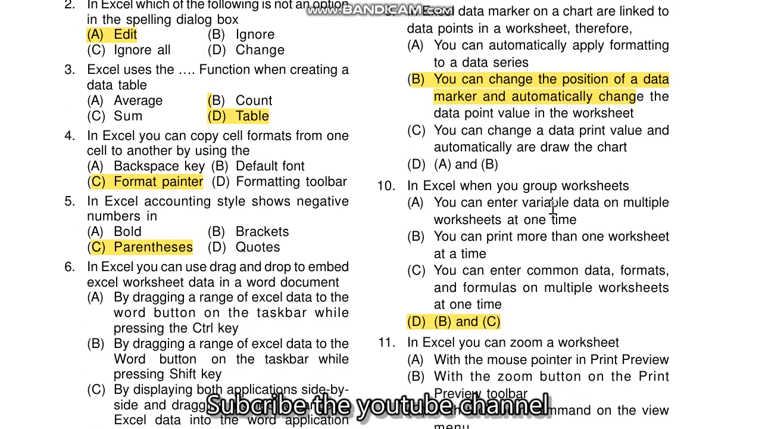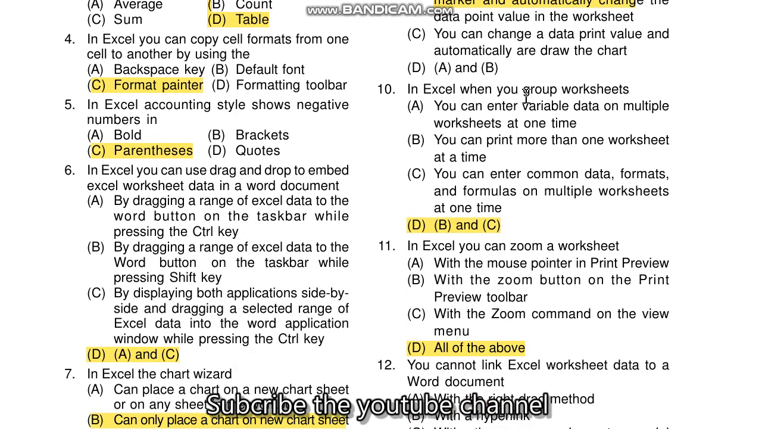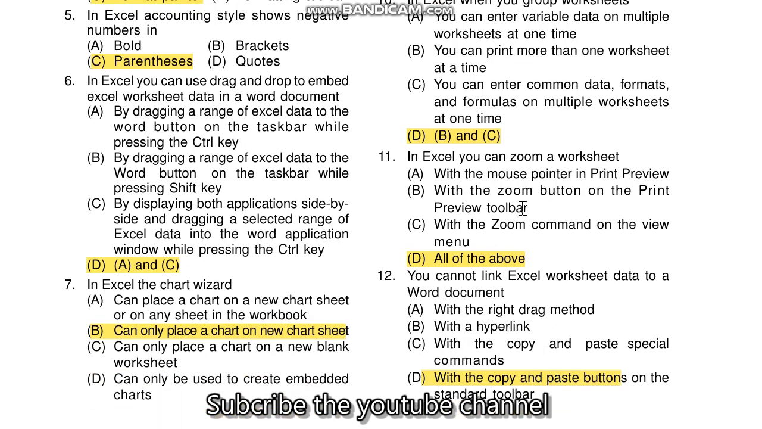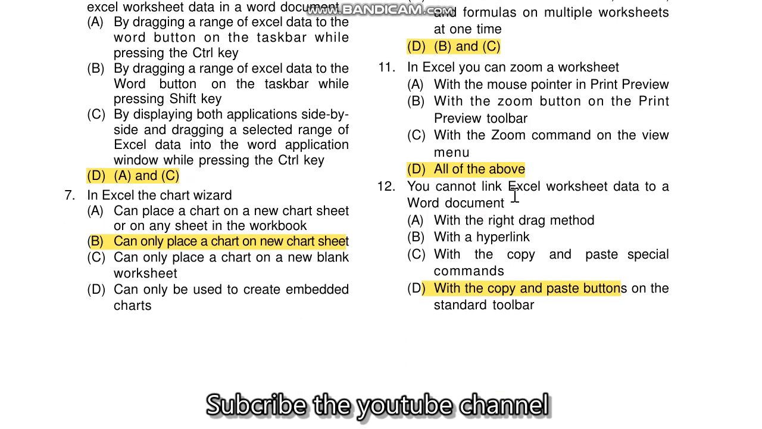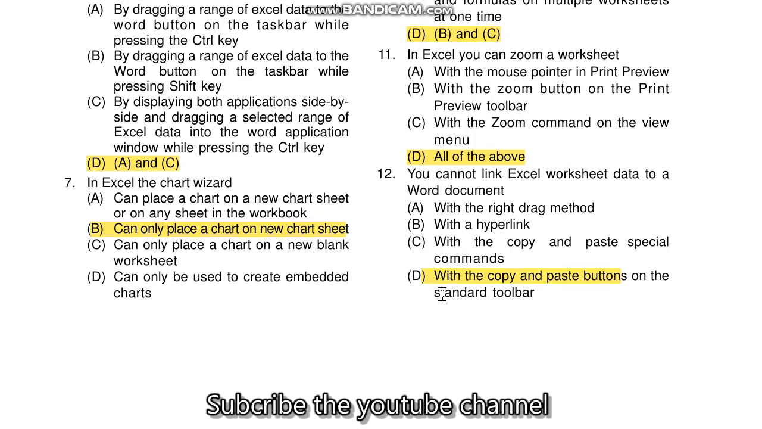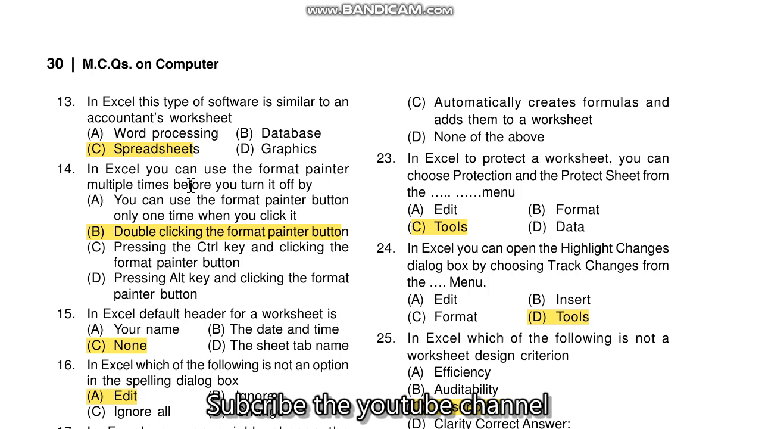point value in the worksheet। Question number 10, in Excel when you group worksheet क्या कहलाता है, B and C, you can print more than one worksheet at a time and you can enter common data formats and the formulas on the multiple worksheet at one time। Question number 11, in Excel you can zoom worksheet, all of the above कहलाते हैं। Question number 12 में you cannot link Excel worksheet data to Word documents with the copy and the paste button on the standard toolbar कहलाता है। Question number 13, in